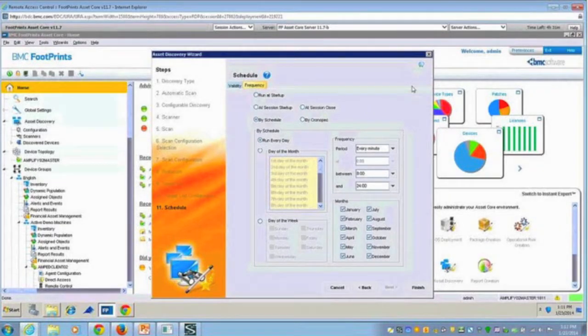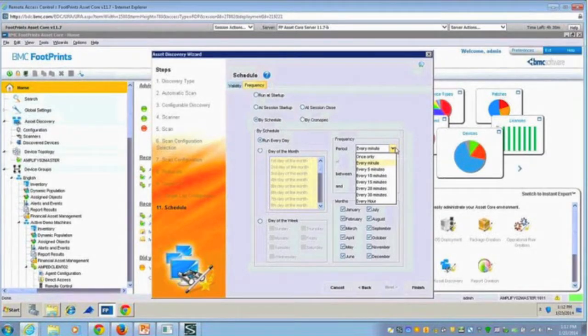So sometimes organizations may not perform inventories on a regular basis because it's a little tedious, it's time consuming. But the nice part about AssetCore is you can see how granular this is. I'm able to schedule this. If you think about it, my network devices probably don't change that much. So I may only be looking for network devices, in other words, those things that were responding to SNMP, and